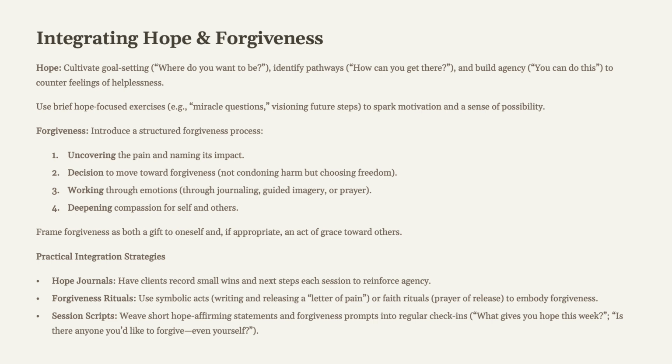Forgiveness rituals. I bring clients through this all the time. Write the letters of pain, then maybe have them burn it, or there are different things that you can purchase. There are balloons that go up in the air, specifically for this type of thing. There's a lot of cool gimmicks to this. But yeah, have them do some sort of forgiveness ritual. And then also, you may want to have different affirmation statements ready for them in session, right? It's tailored specifically towards them and their situation.